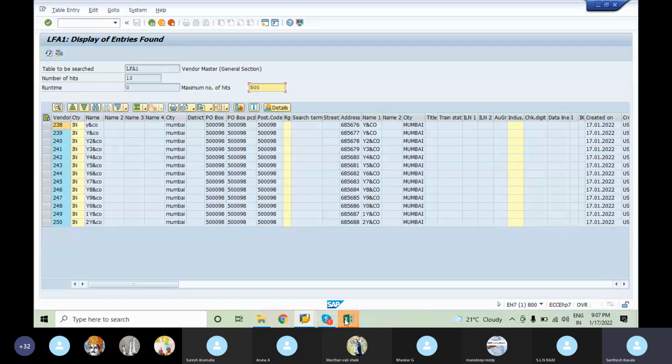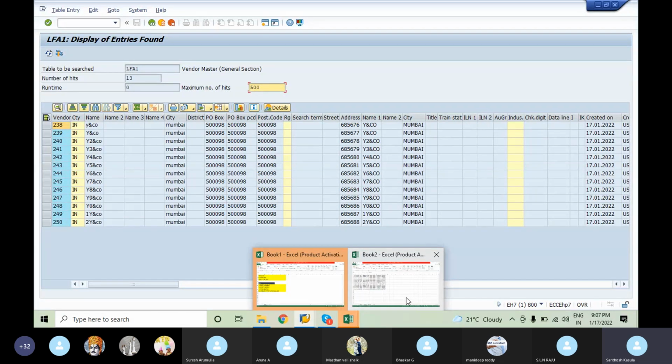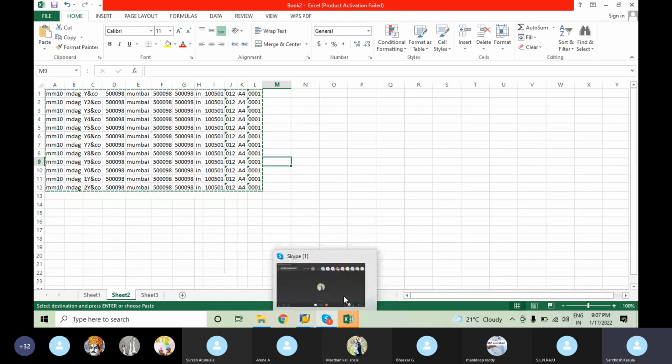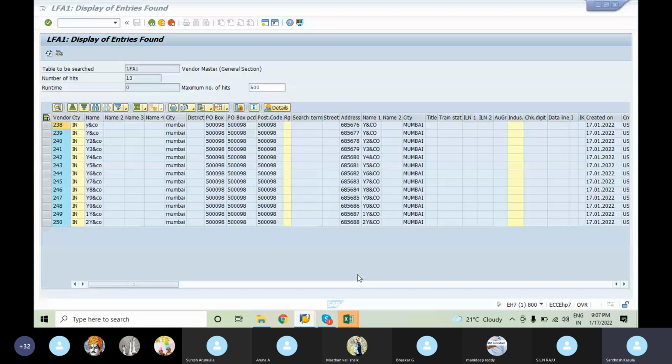In real time, we have filled all these details here, right? But in real time, once we give the pro forma, the template, to the end users or the clients, they will fill in the complete data and give it to us. We need not fill this. Once we give the template to them, they will fill all the details and give it to us. So we will upload and migrate the data. So this is basically the LSMW 14 steps. That's all from me. If you have any doubts, I can clarify.